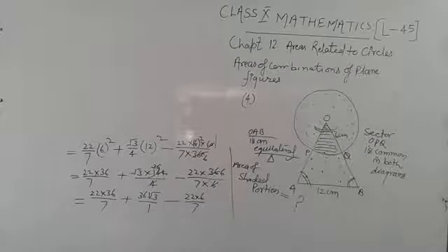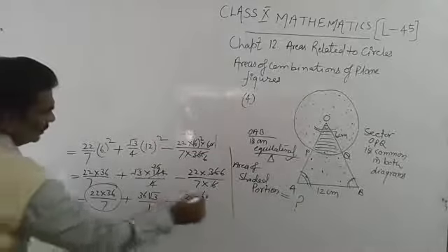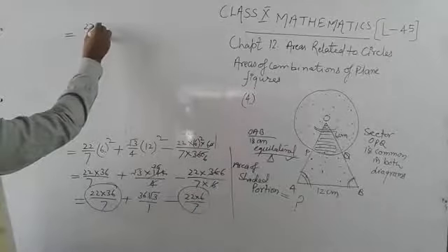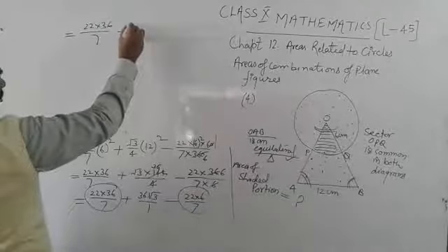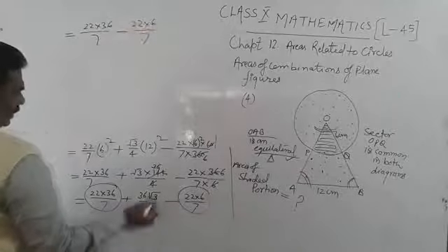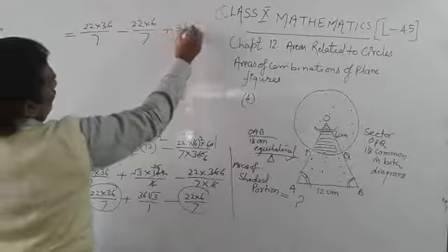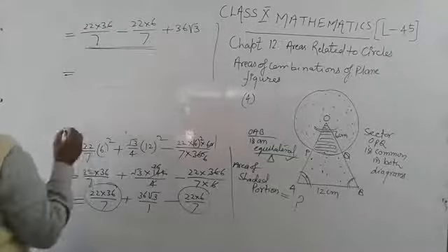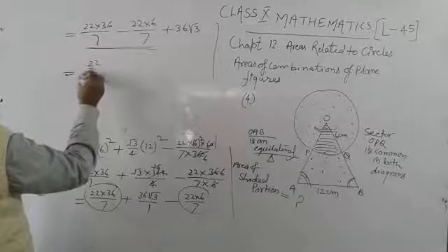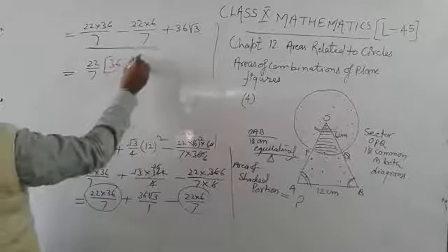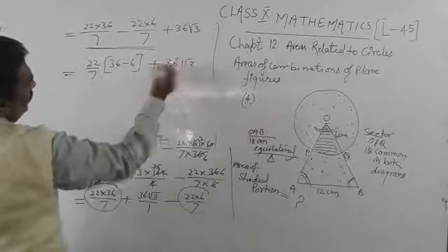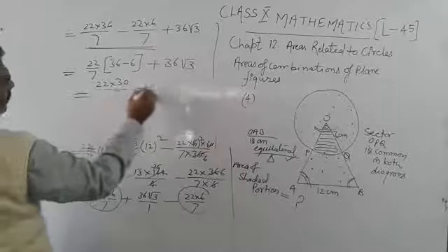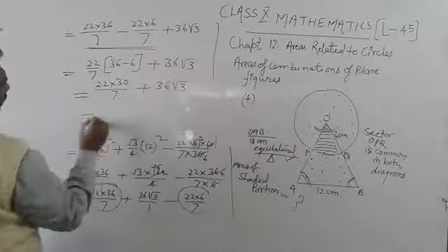So students, we will put these two terms together. So here we can write 22 into 36 upon 7 minus 22 into 6 upon 7 and this plus 36 root 3. Now here think about both the terms. So 22 upon 7 is common, it becomes 36 minus 6 plus 36 root 3. So it will be 22 into 30 upon 7 plus 36 root 3 and finally